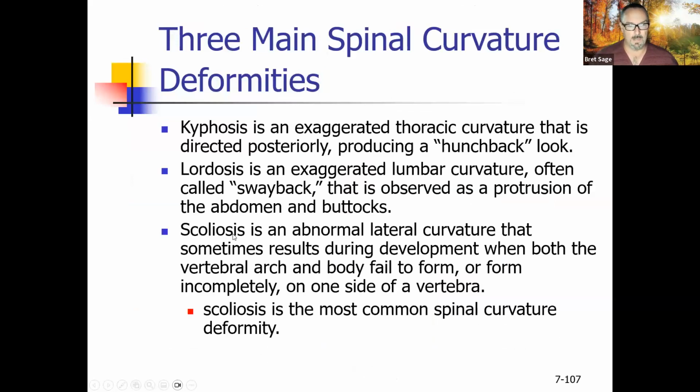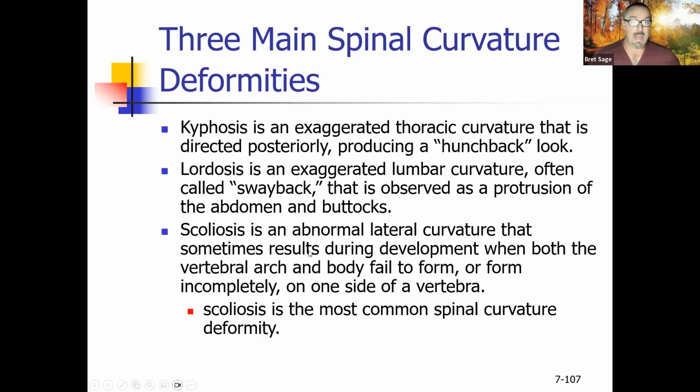What are some spinal deformities? Well, kyphosis is an exaggerated thoracic curvature that is directed posteriorly, producing a hunchback. So I don't know if you've ever seen folks that look like they're hunching over. That's because the bodies of the thoracic vertebrae have compressed more on the anterior part than the posterior part, making them hunched over. Lordosis is where the lower back is curved inward much more. And scoliosis is the only one that you can see from the back. And that's kind of an S-shaped